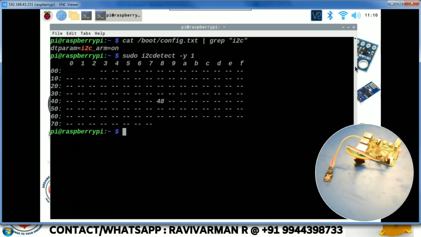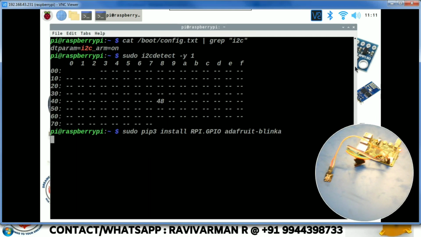Fine. So next we need to install the I2C driver related libraries. So we have some libraries from Adafruit. So I'm just going to install the library, sudo pip3 install rpi.gpio. Most of the time this rpi.gpio is already in your Raspberry Pi board itself. So for safety we are going to install it. And also we need another library, Adafruit Blinka. So these are the basic things. So maybe it is already installed.